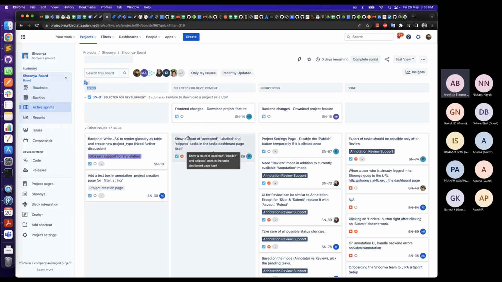As developers pick up the corresponding tasks or issues, they are moved to In Progress. Once it's deployed to production and verified by the tester, it can be moved to Done status. That was the small discussion we had in the previous call, right?